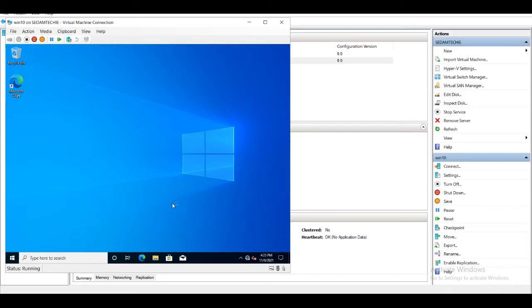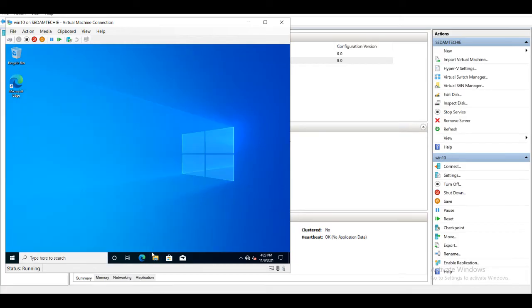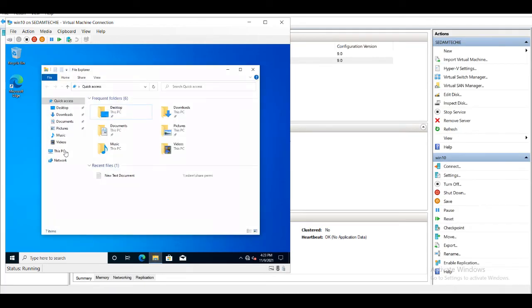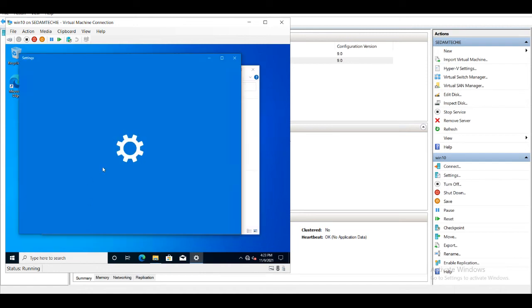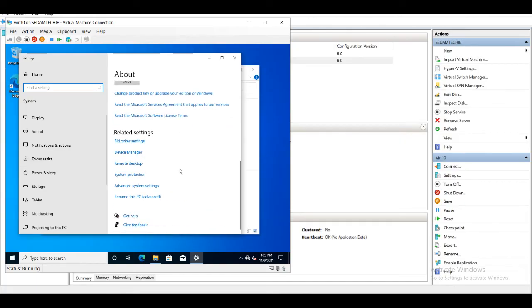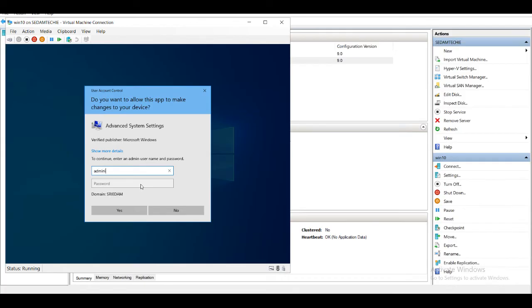Now we have to check if test2 converted from a local account to a roaming account. Right click on properties on My Computer, this PC I mean. Now scroll down and go to advanced system settings. The test user does not have permissions to check any settings here, so we will use our administrator account.